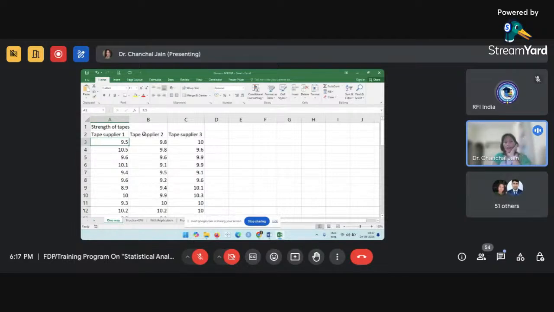Right. And when we are saying whether the strength is the same for the tape which we are receiving from the different suppliers, that means we want to see whether the mean strength of the tapes is the same from all the suppliers or